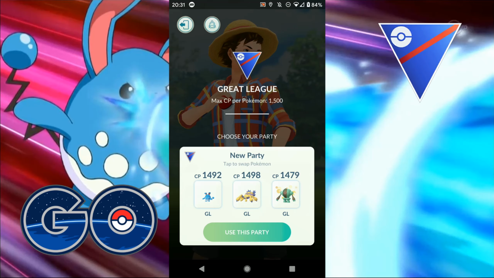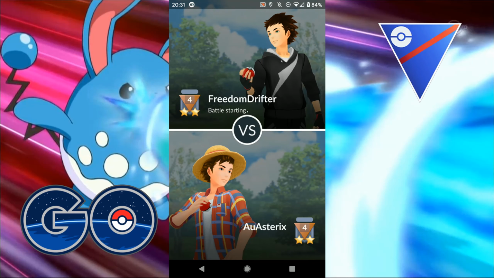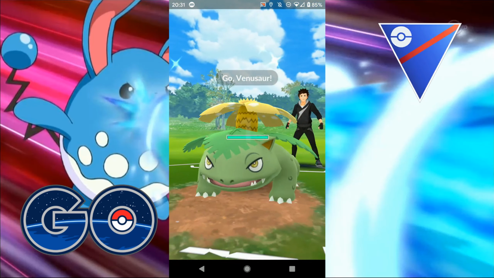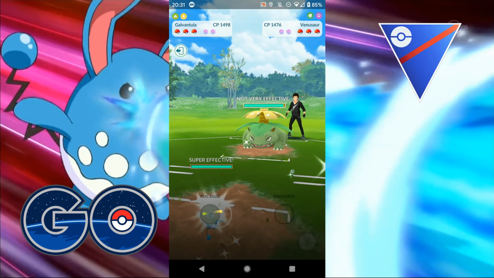So at least for this set, we're going to go positive. So let's see who our next opponent is. Freedom Drifter. So that's one of the things I'm really not good at doing, is trying to keep track of who I've played against, so I can remember their lineup if I happen to meet them again. So for this one, what I'm going to do is switch out into...